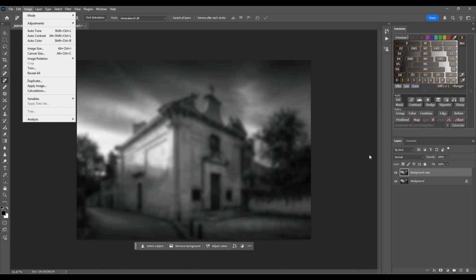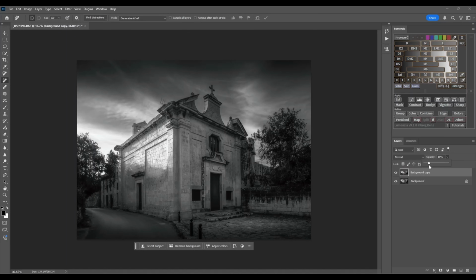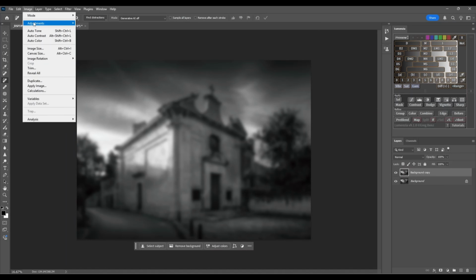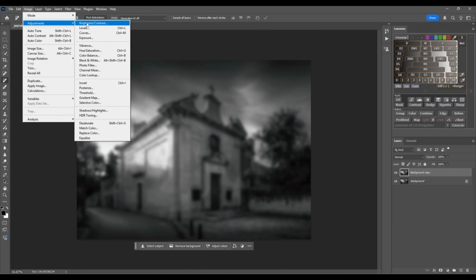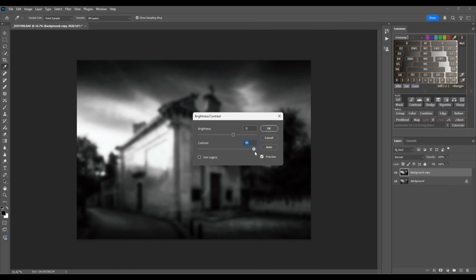What people usually do, they just reduce the opacity here and reduce the slider to around there, but like this you'll be doing the autumn effect on the entire image. So what I do is I go over to Image, go on Adjustments, click on Brightness/Contrast, and here just increase the brightness to around 30 and increase the contrast all the way up to around 94, in the 90s. Click OK,